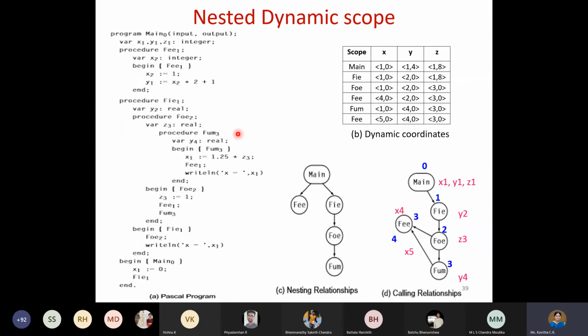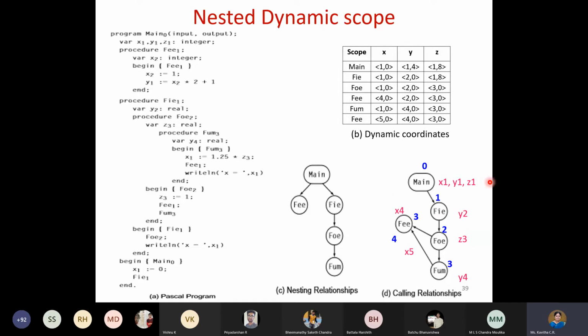If you take up a new code, accordingly the call graph also will be created. Please remember that this call graph has been created only based on your code. In whatever sequence you have called, in whatever way you have represented your code, based on that only this call graph will be created.